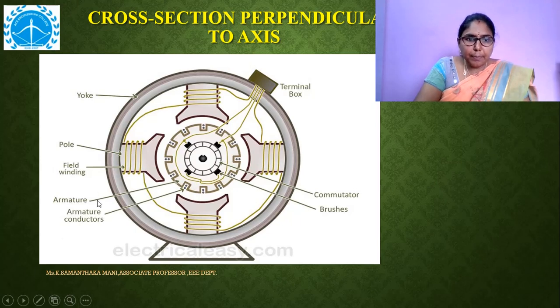And the inner part, if you observe, this is the armature. The entire armature will have a number of slots, and in the slots we will have armature conductors. These are armature conductors, marked with a dot here. And the innermost one, if you observe, made with segments, is called a commutator. And over it, the black colored ones are nothing but your brushes. And the innermost one is nothing but the shaft, which is a rotating part.